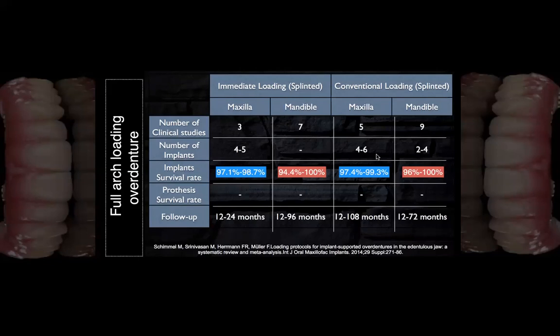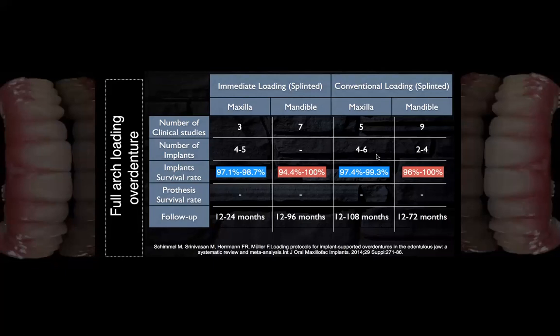Versus when it comes to immediate loading, now we scrutinize the patient a little bit more. We ask the patient, do you have diabetes? Do you have this medical problem? Do you have parafunctional habits? Do you grind your teeth at night? So those issues now become a factor in whether I want to go ahead and pursue an immediate load for that particular patient. So when you're looking at these numbers, the numbers on the conventional cases are all patients who walked in,